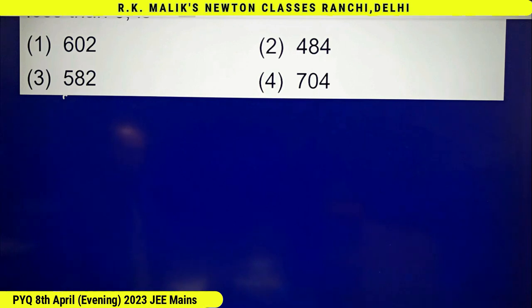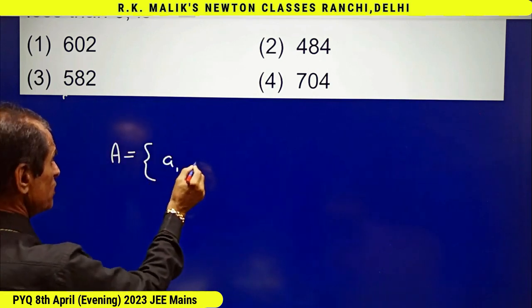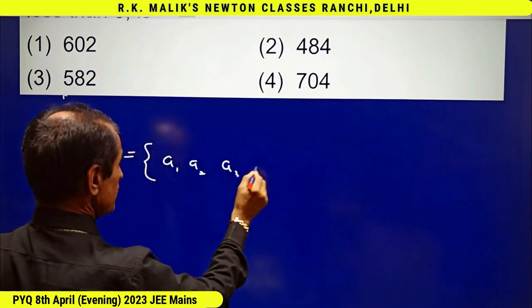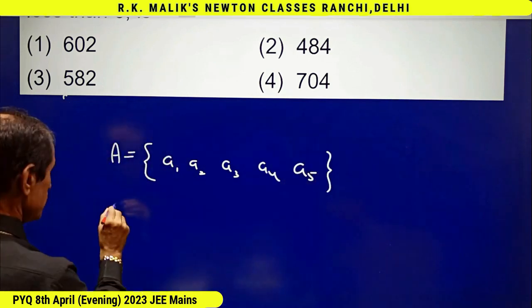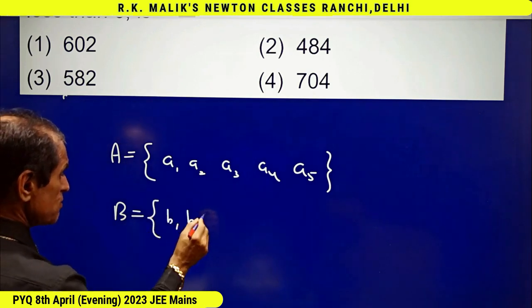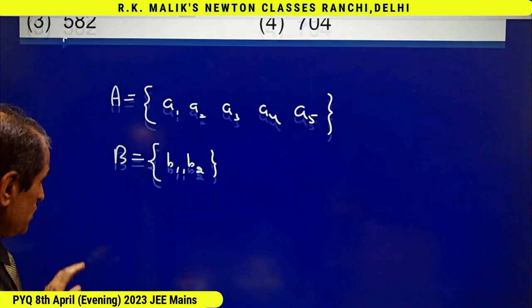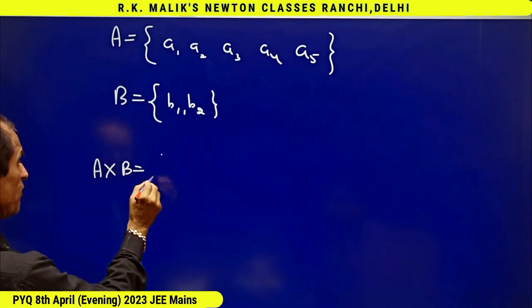Otherwise, it is not very necessary, but if I write the elements, it will become easier for you to understand. Suppose the set A has elements A1, A2, A3, A4 and A5. The set B has elements B1 and B2. Clearly, A cross B will have elements